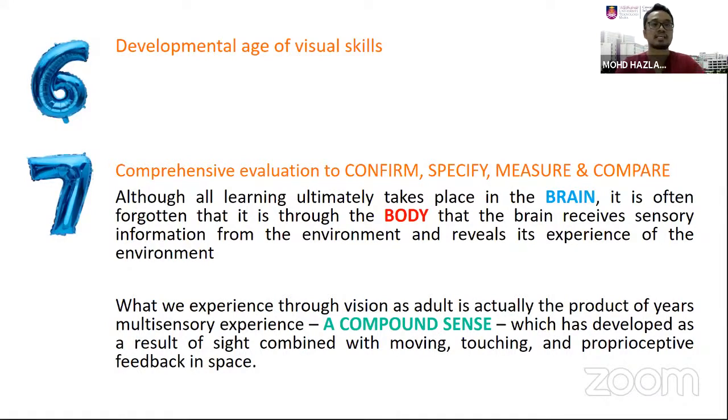Okay, number 6 is developmental age of visual skills. As therapists, we sometimes receive comments from parents saying, "My child is 4 years old, but he still doesn't know the ABC, the letters." But as a therapist, you make your own judgment. Does the child have the perceptual ability to understand and memorize A to Z at the age of 4 years old? If not, then why should you justify that as a problem and investigate it?